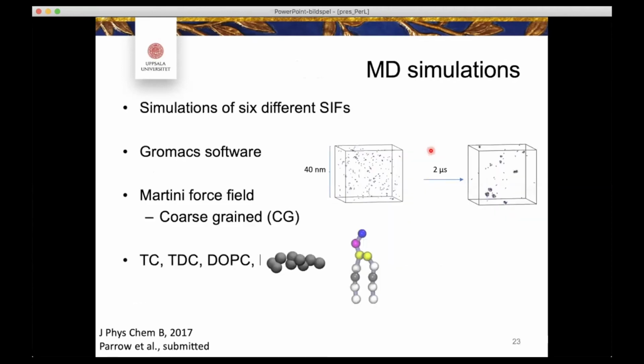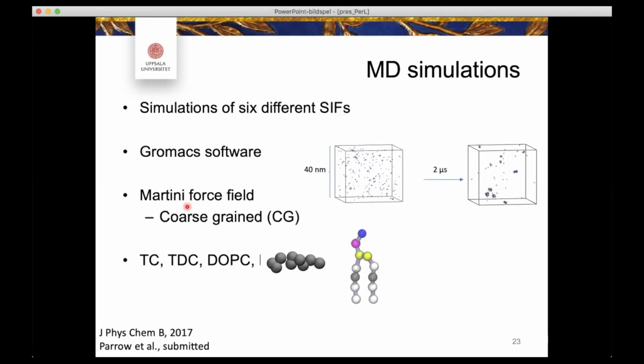So what we did in the computer for this study was simulations of these 6 different simulated intestinal fluids using the GROMACS software and the Martini force field. When you do computational simulations, there is a trade-off that you have to make, because these calculations tend to be quite compute intense. Typically, you cannot simulate precisely the type of system that you want at the exact detail that you would want. So in order to simulate actual physiological concentrations of these components, we had to make use of so-called coarse-grained molecular dynamics simulations,